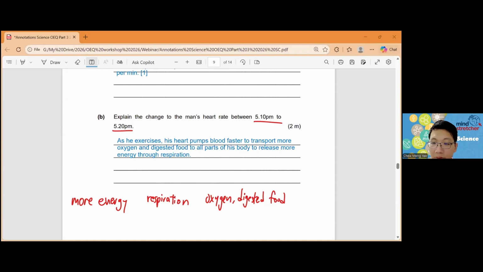No, you don't use CER for all explain questions. Only for some of the questions when you are asked to explain, you might not have the C. You have the E and R. You have evidence from the question, you have the reasoning, but you may not have the C because C is just a short answer to answer the question. If you are supposed to explain but you describe, will you get the question wrong? Yes, you will get the question wrong, kids.